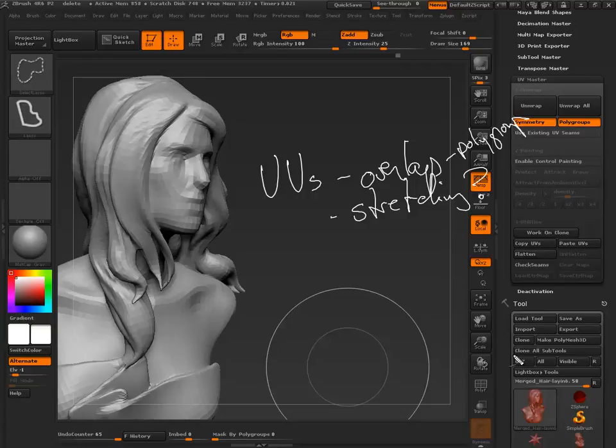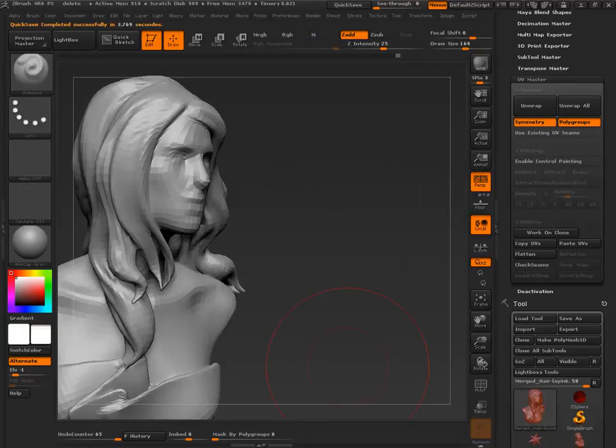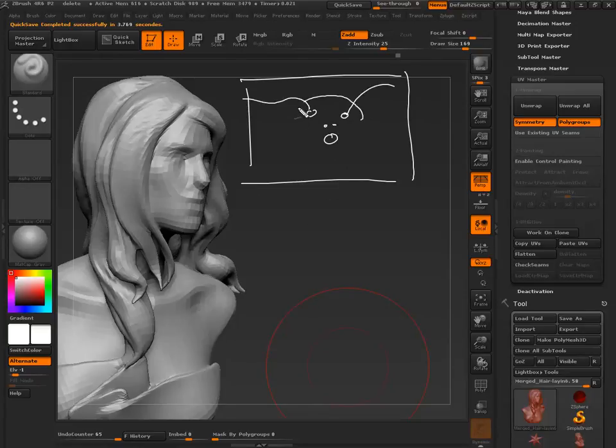How about layout? Don't people have to lay out UVs so that they fit into a texture map? Have you seen those texture maps where they're just kind of like this with the little eyeballs in the center and the mouth and the little nostrils and everything flows out?